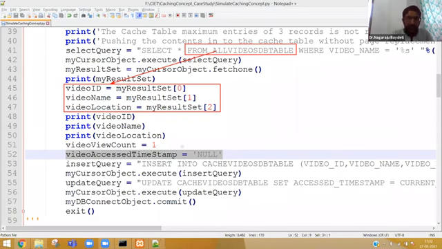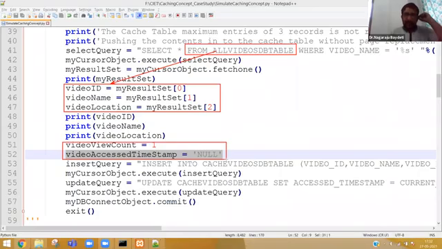After that, I have taken customized values. First count is 1. Count should start with 1 and accessed timestamp is initially null. Okay, now we have 5 values in total: video ID, name, location, video count and accessed time.